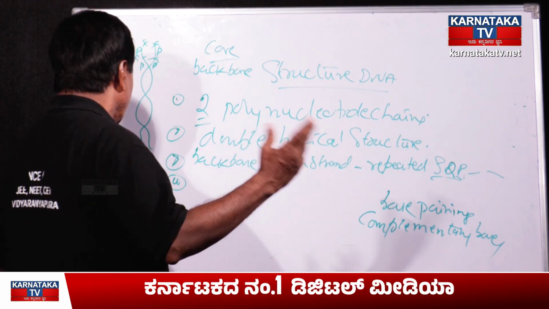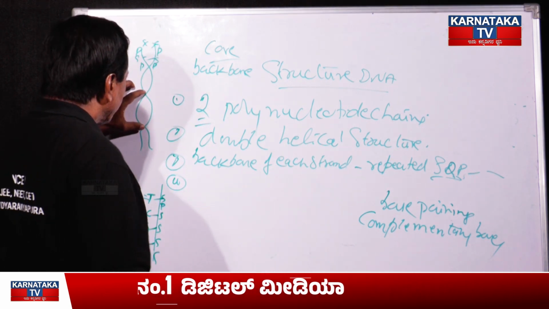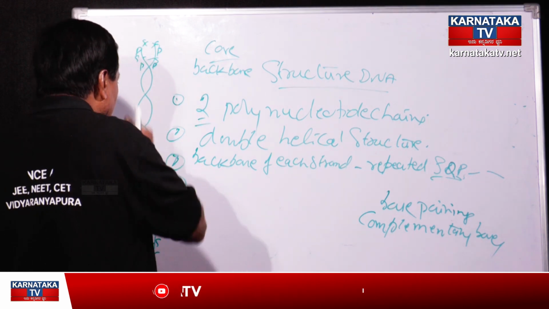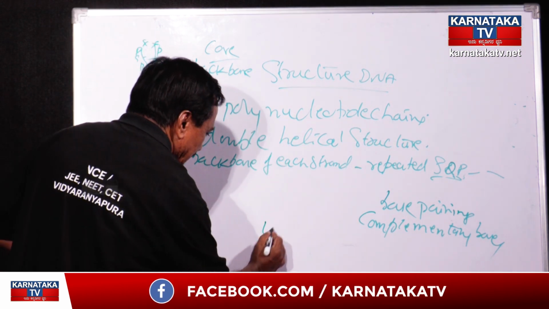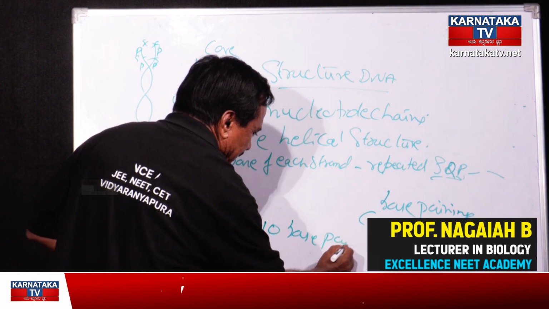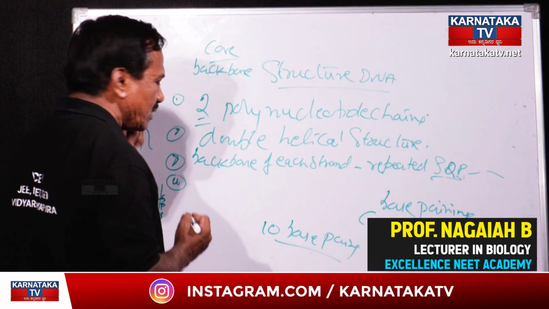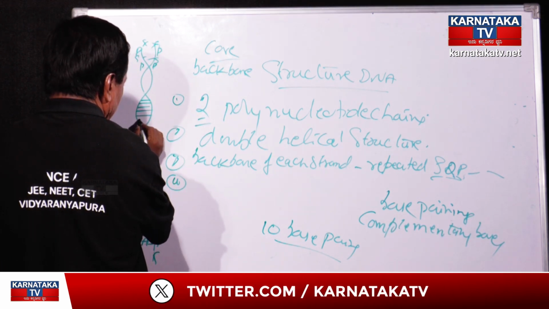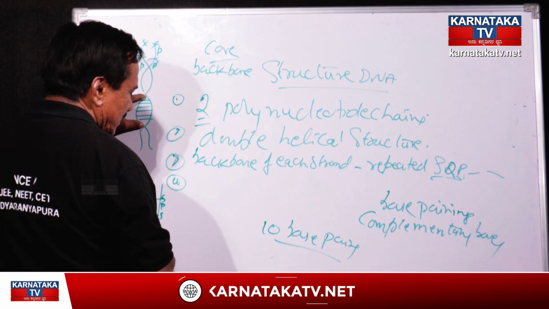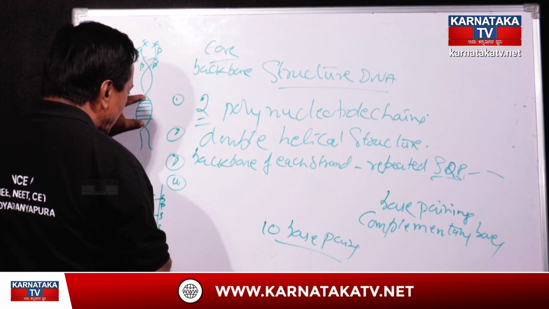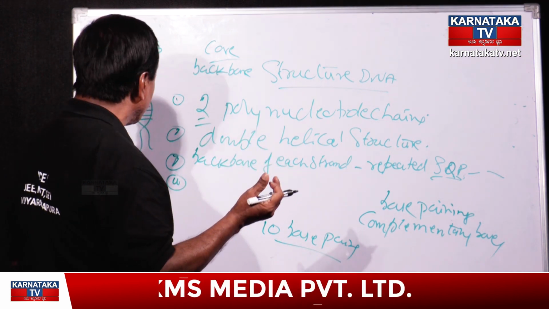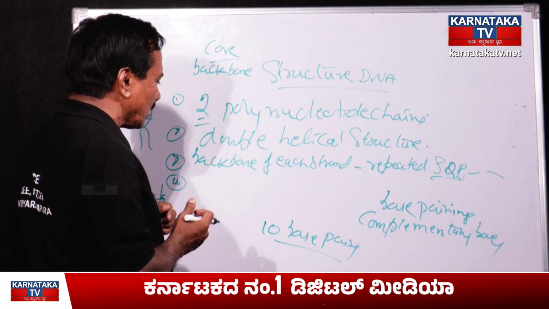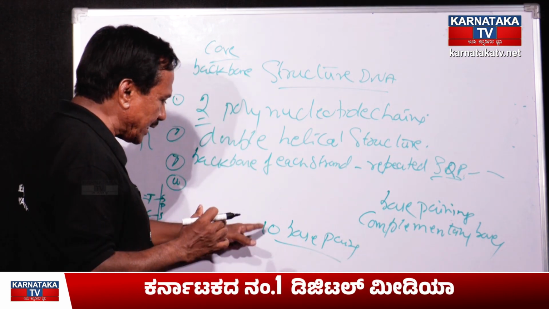Right. Next point. You see, from here to here, it is called one turn. This is another turn. Another turn. Each turn usually consists of 10 base pairs. For example, this is one pairing, another pairing, another pairing, another pairing, another pairing, like that. From here to here, we can see the 10 base pairings in a normal DNA molecule. There may be DNA which have 9 base pairings, 11 base pairs, like that. But according to our textbook, what we are studying, there are 10 base pairs in each